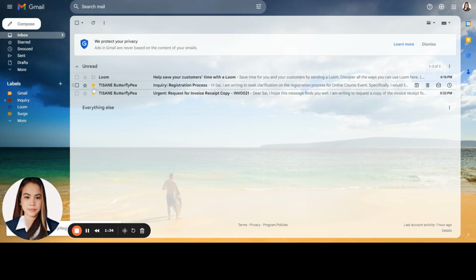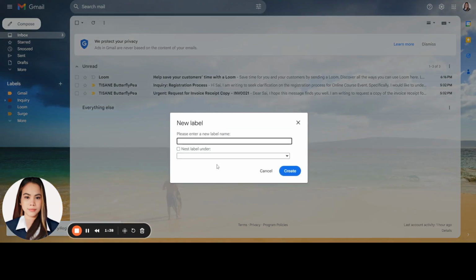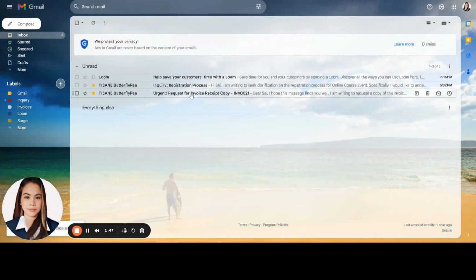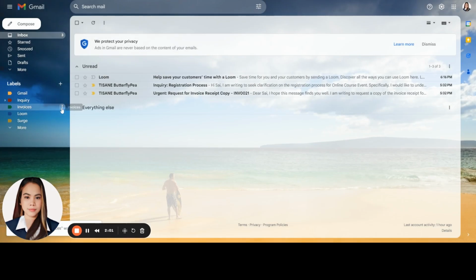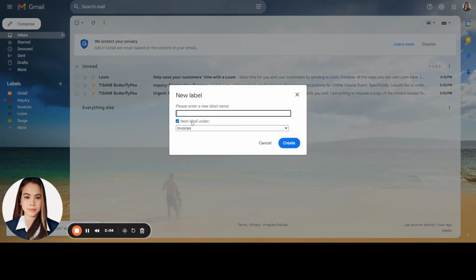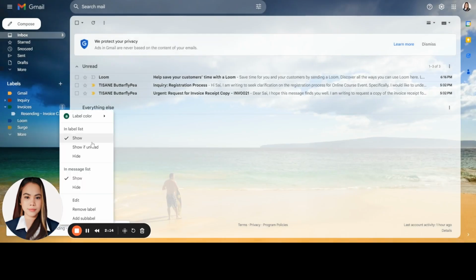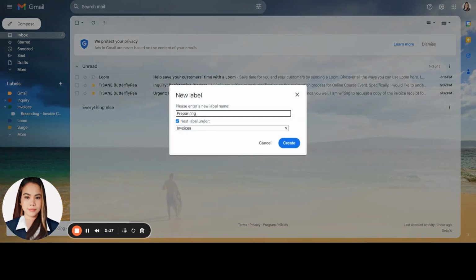And we can also add another one regarding invoices since we have this invoice receipt copy request. So here again we can customize the color label and add a sub label regarding resending invoice copy or preparing invoice receipts.